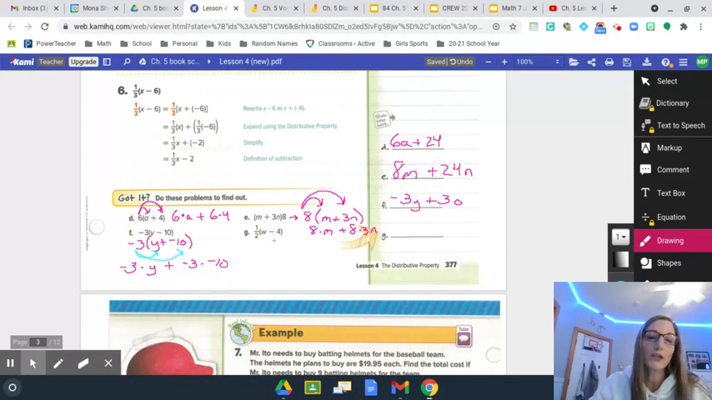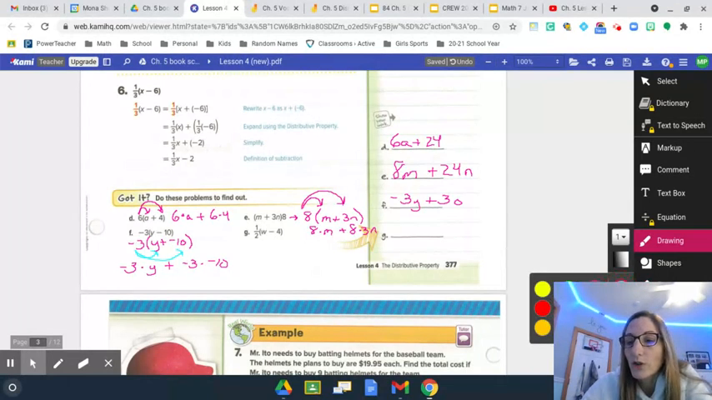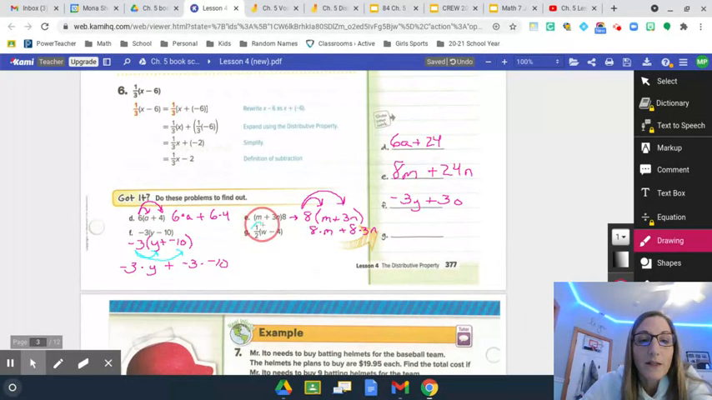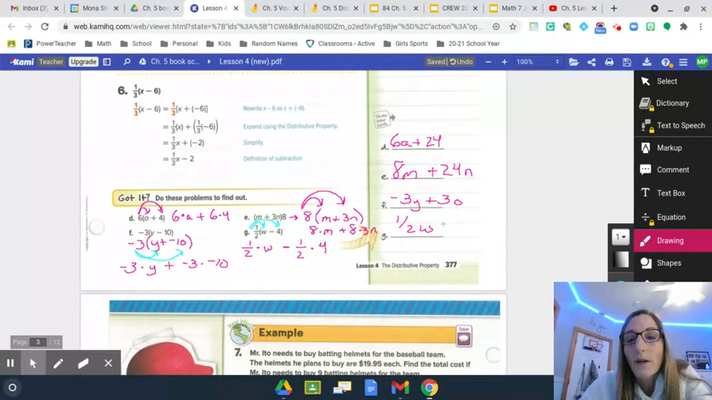Okay, let's look at letter G. 1/2 times W minus 4. So I'm going to just show what I'm going to distribute. I'm going to take and distribute that 1/2 to both numbers inside and variable. And so now I'm going to do 1/2 times W minus 1/2 times 4. Okay, so 1/2 times W, 1/2 W minus, subtract, 1/2 times 4, half of 4,